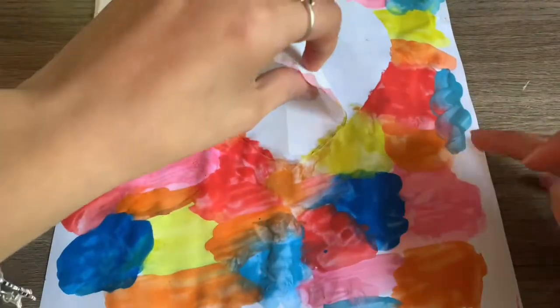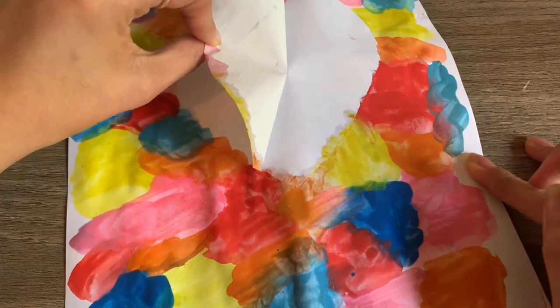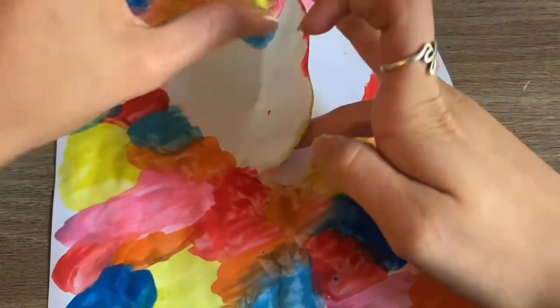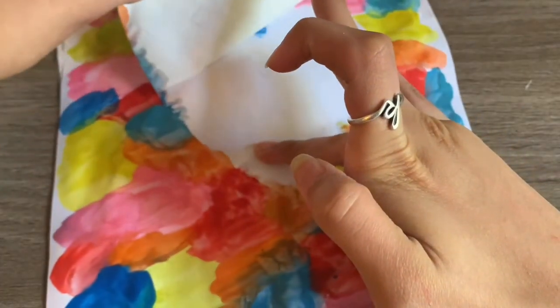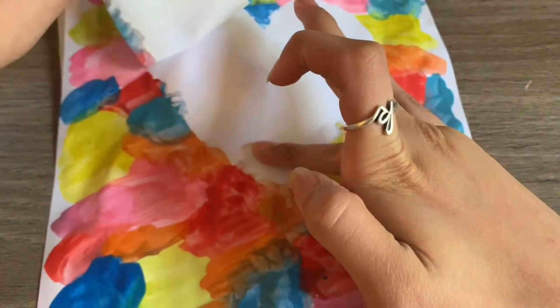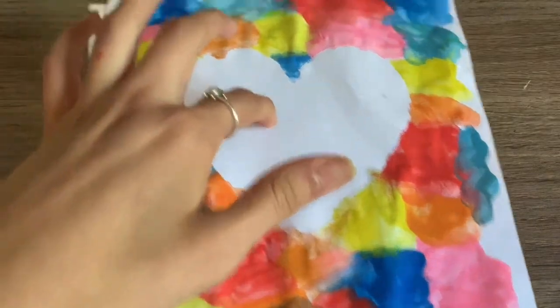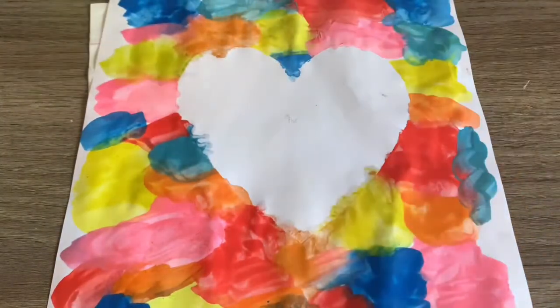Now let's remove this. I'm trying not to pull too hard, but hopefully no paper rips off. Okay, yeah, some's ripping off. Okay. Okay. Oops. Ooh, okay. So we can tell that most of the paper is off on the right side. Now you can just throw this away if you want to, but I can tell that there's a little paint over there. So what I'm going to do is I'm going to